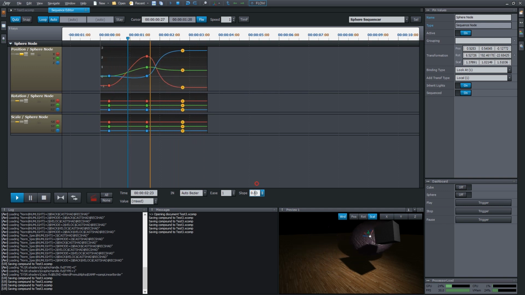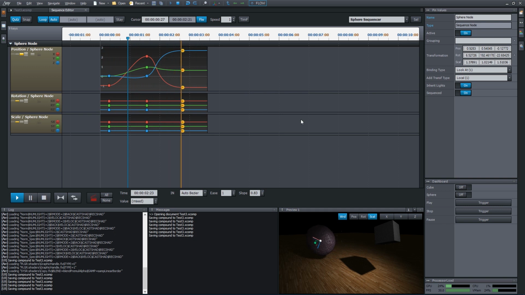We see how the sphere has a faster acceleration now at the start of the last section and a longer deceleration pattern towards the end. The movement between the keys will take the same amount of time, but has a different proportion of acceleration and deceleration times. There are obviously plenty of other curve types available to us when we intend to fine-tune the movement